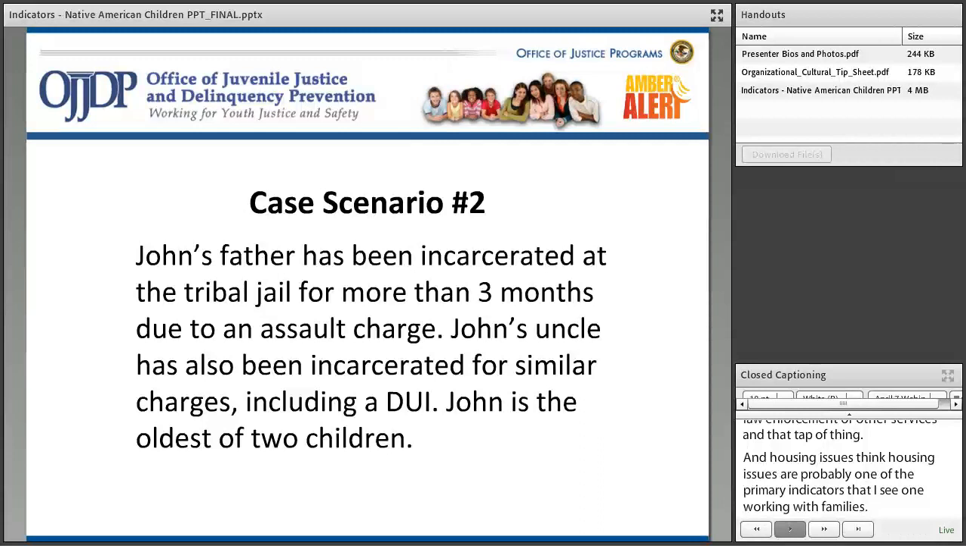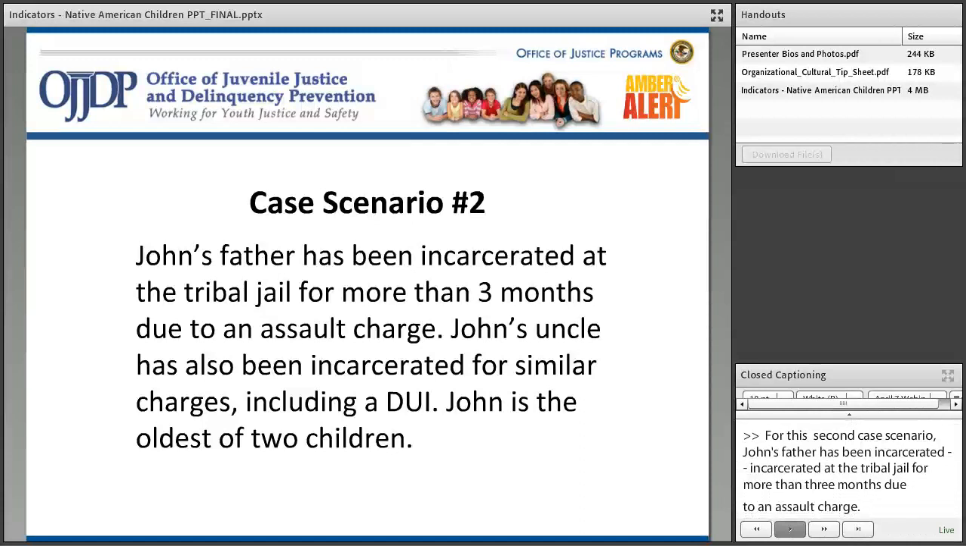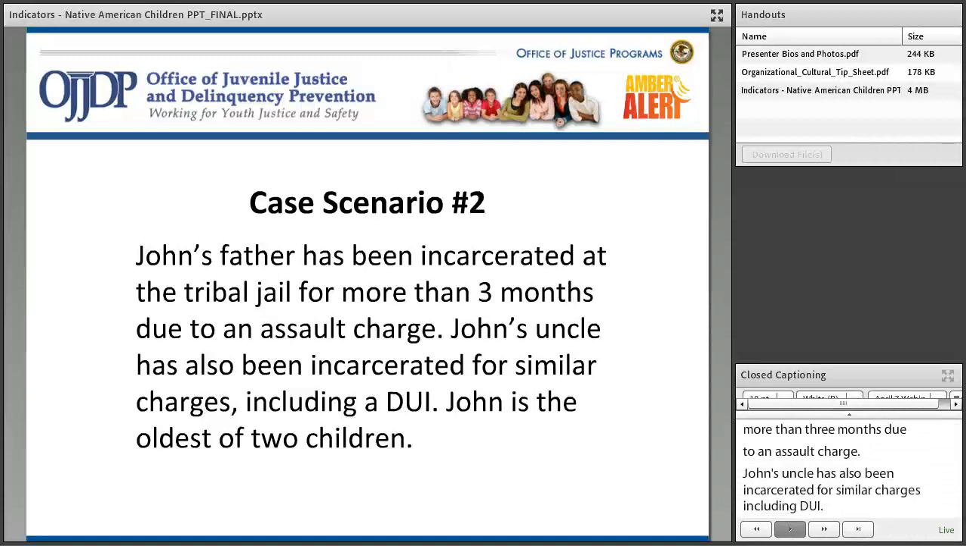So here, for the second case scenario, John's father has been incarcerated at the tribal jail for more than 3 months due to an assault charge. John's uncle has also been incarcerated for similar charges, including a DUI. John is the oldest of the 2 children. So when we're talking about family indicators and the incarceration piece,